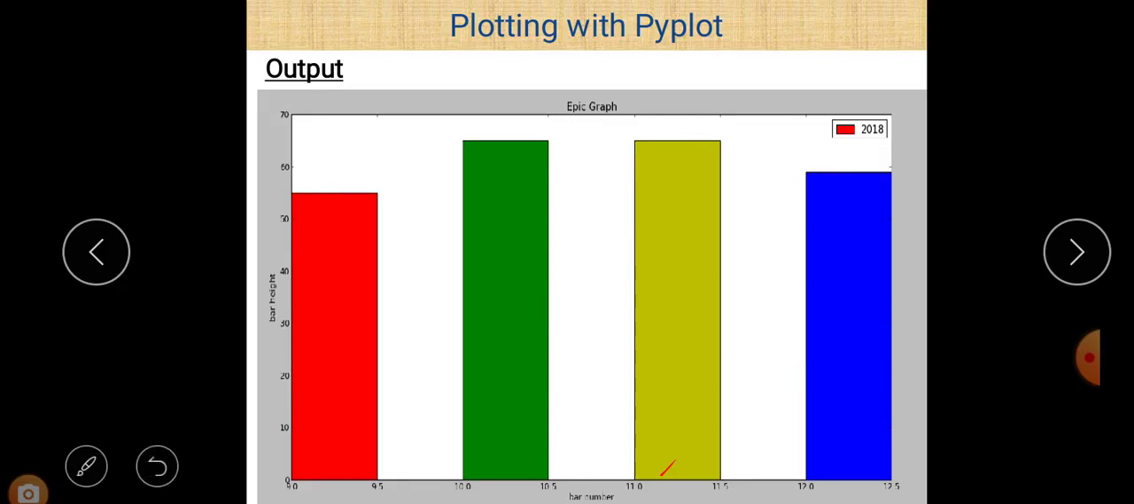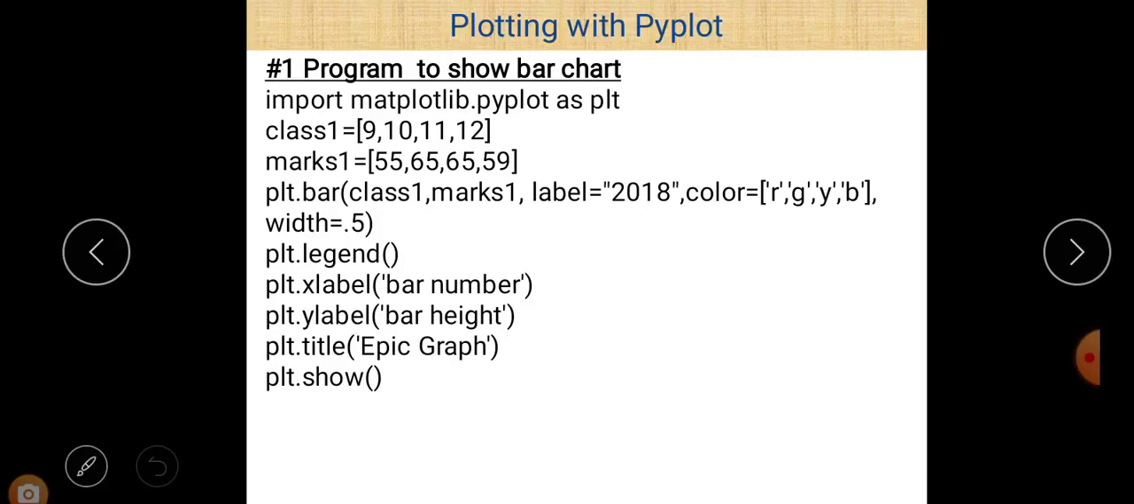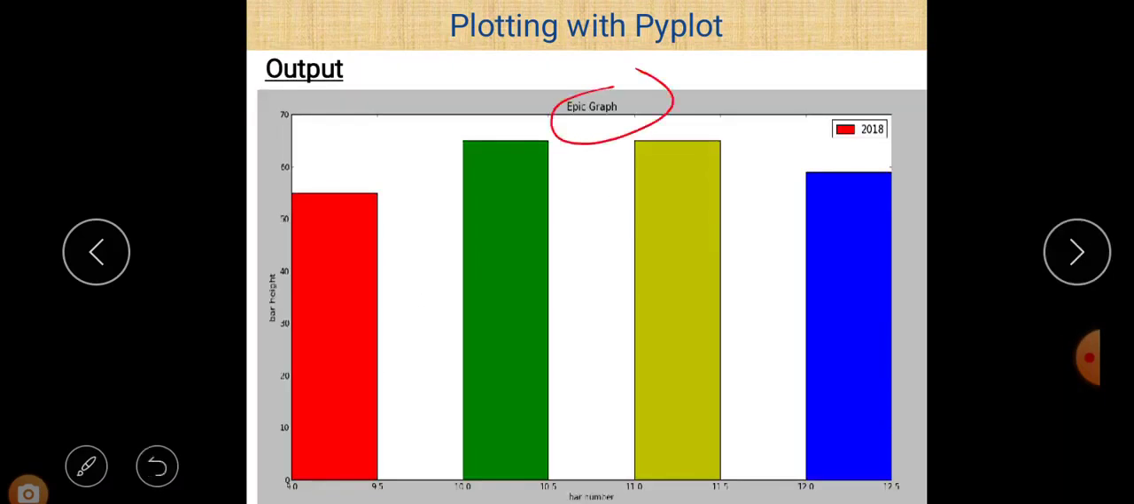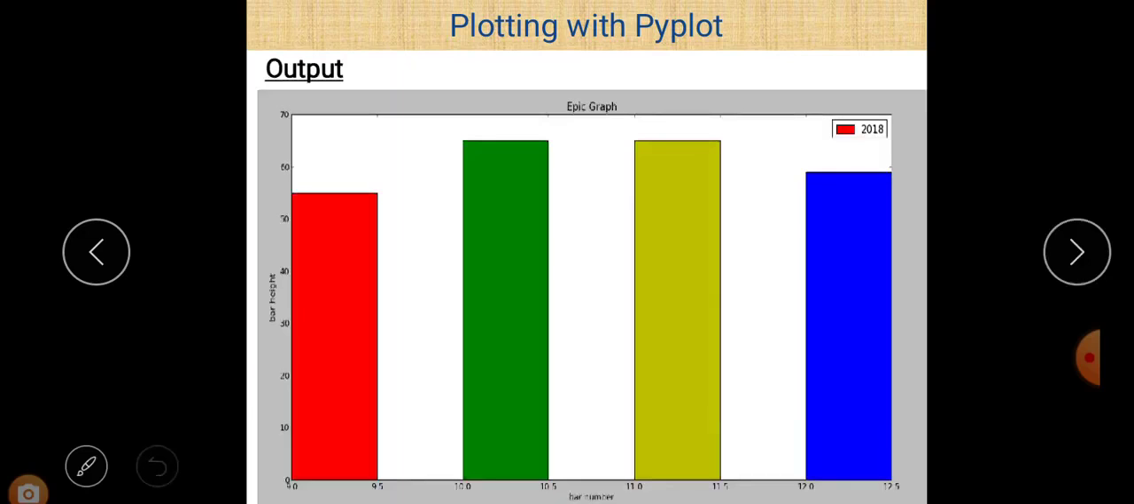And here the x label, y label, and title. So title is this, and then this is the x label, and this is the y label. So the name of the x-axis is given by xlabel, the name of the y-axis is given by ylabel, and the name of the title of the bar chart is given by the title function. Then at last, show. Without show you are not able to show this graph on your screen, so just write plt.show,